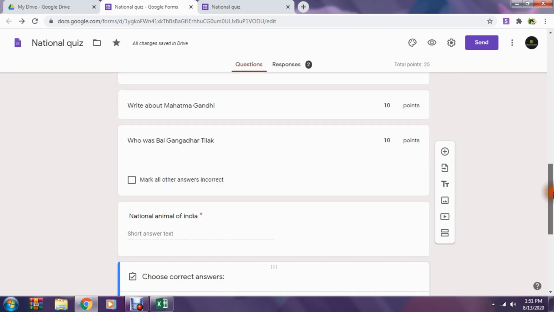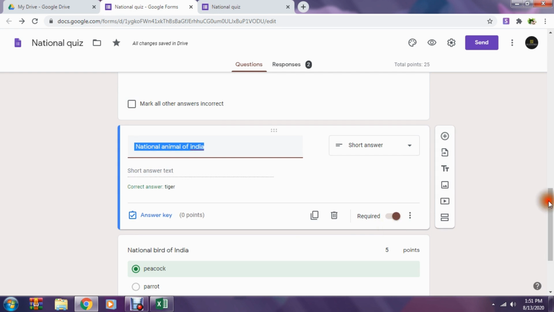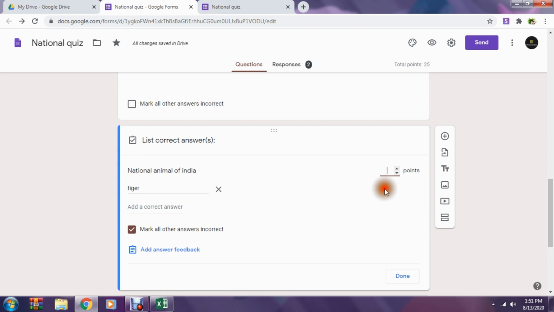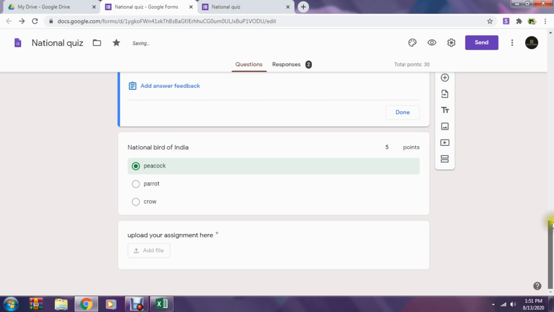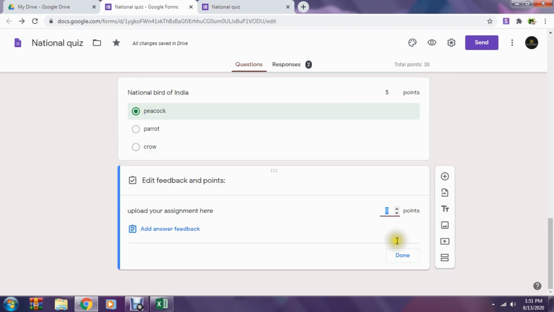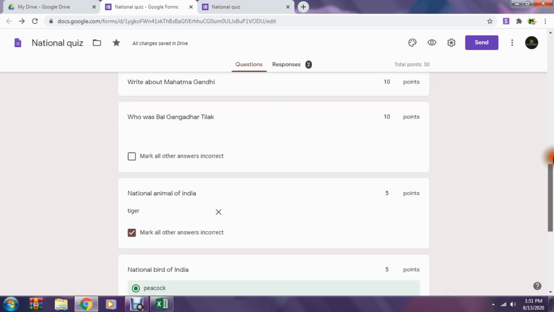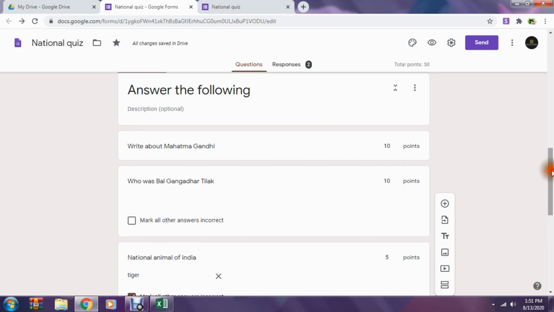Then this question, national animal of India, we did not allot points, so click on answer key and give it some points like 5. And for upload your assignment, we can give some points too, like 20 points, and this will be done. So this paper is of total 50 points. Above you can see total 50 points.